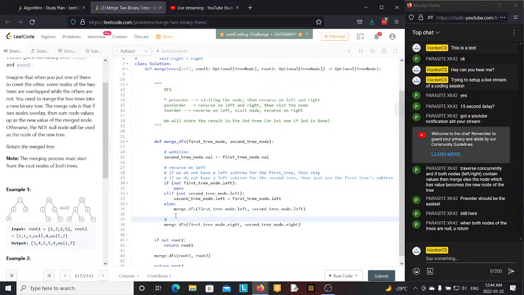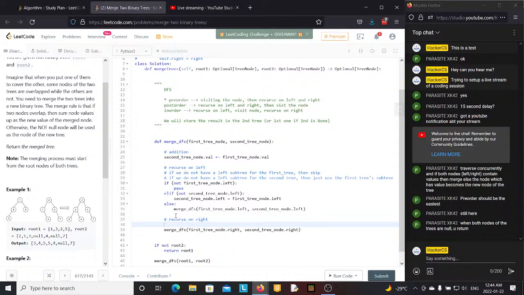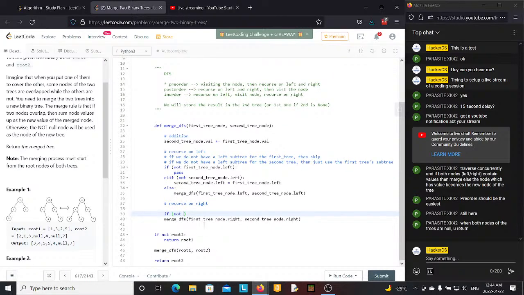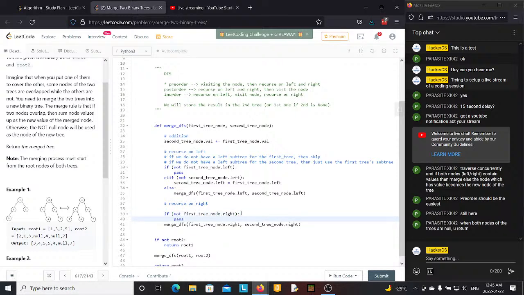Now let's do the same here. And we will need a similar logic. Now I'm just translating the algorithm into a conditional here, and this could be cleaned up after. So if first tree node, okay, so now we're adding the right trees, the right subtrees. Now if the first subtree is missing one, what do? We pass. There's nothing to be added. If the second one is missing, on the other hand,